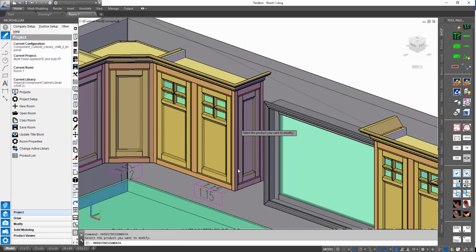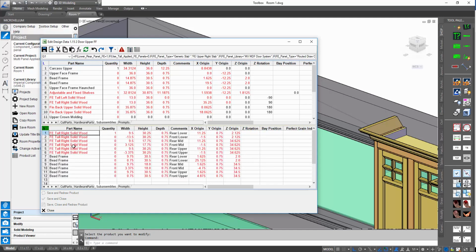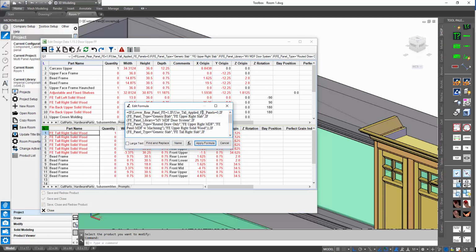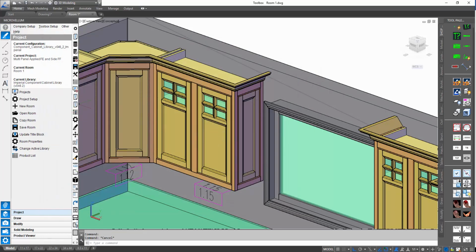If we go look inside here, let's go look at our side face frame, our right side here, look at our nested. We'll see that this as well has the logic to turn to a tall if that's on. Finds it out in the local, and if it's on as well, it's still a tall. So we can subassembly prompt that side finished end panel that's nested inside our side face frame and still have